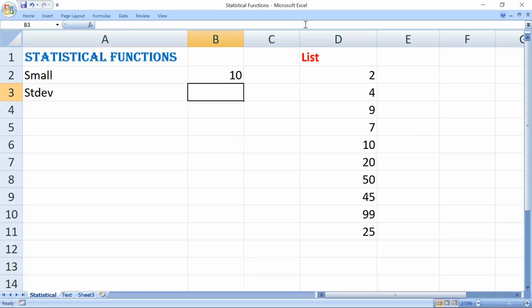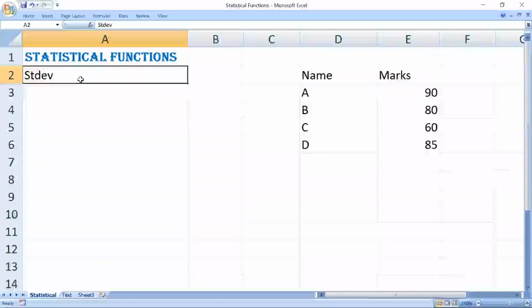Next is the standard deviation function. This function calculates the standard deviation for a set of data or numbers. This function measures how much variance there is in a set of numbers compared to the average of the numbers. Let's see the example for this particular function.